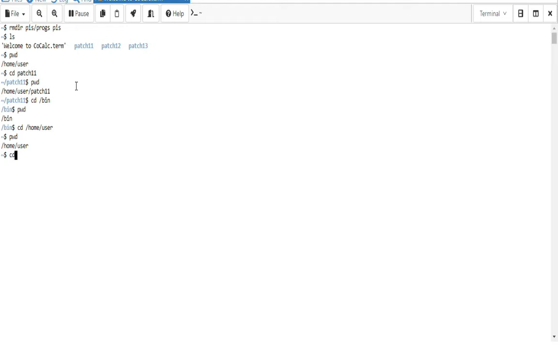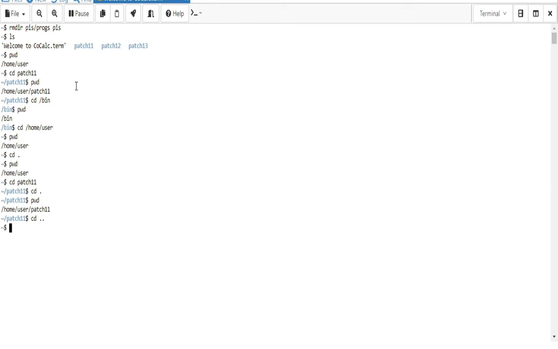Okay, then cd dot is there. What is the use of cd dot here? This command works with the tilde only. Previously it would move to your home directory. You are in the home directory. So I will enter patch 11 here, then cd dot, then just check. Okay, it is not moving, no problem.